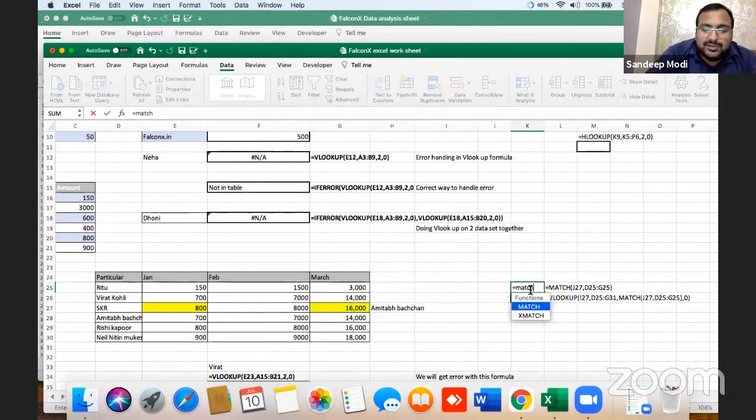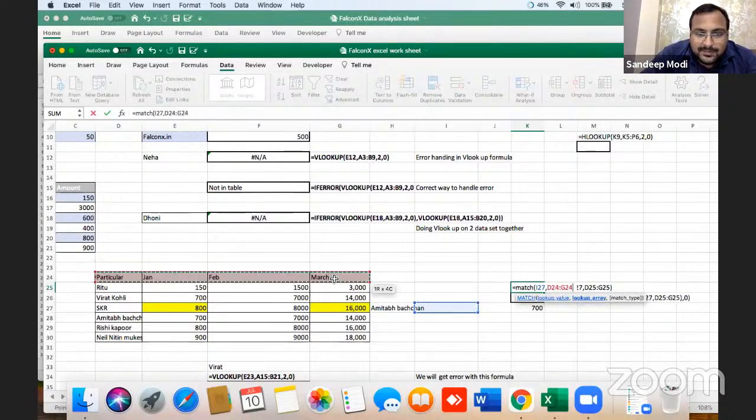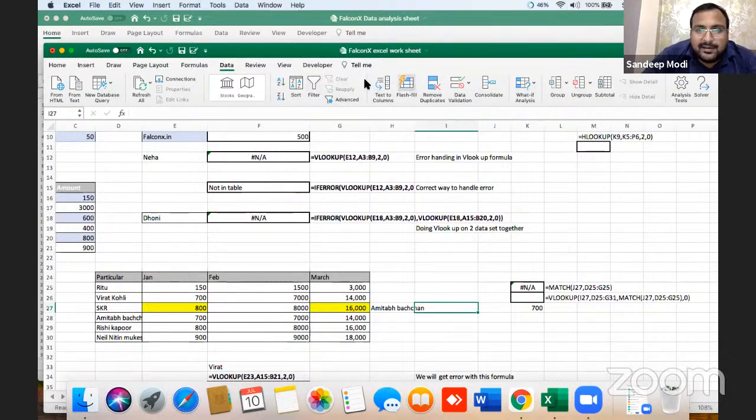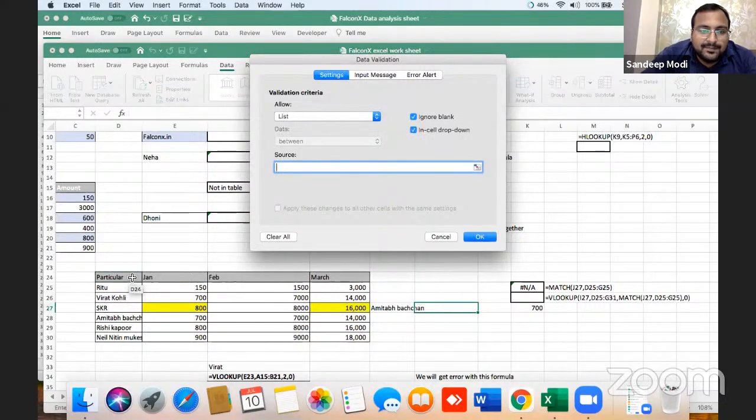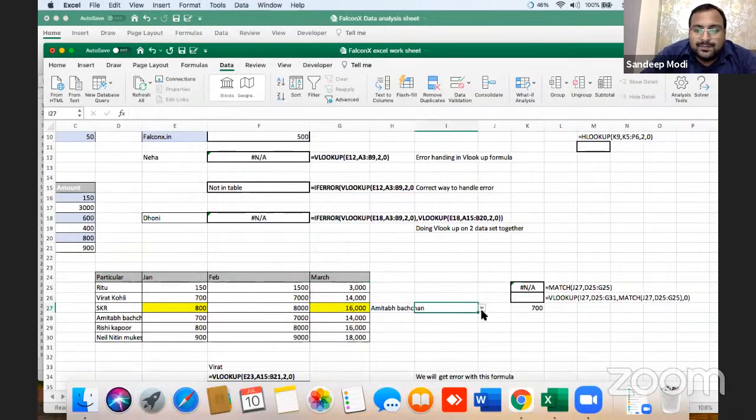So MATCH, equal to lookup value, let's keep it here. Lookup array is this, and bracket close, enter. We are getting NA because your list is not defined. Now this too is also dynamic.